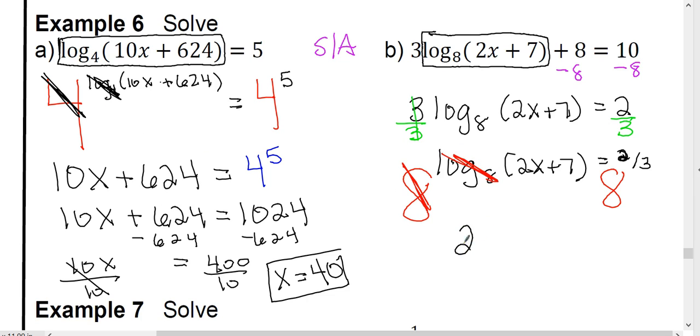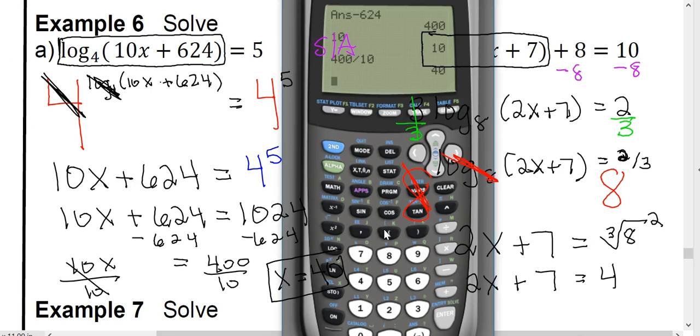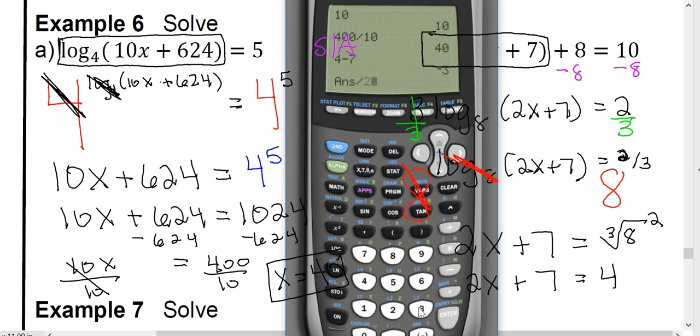And we have 2x plus 7 equals, here, once again, we run into rational exponents. So we're going to need to do the cube root of 8 squared. So the cube root of 8 is 2. 2 squared is 4. So this one I can just set equal to 4. And then just finish solving for x. So I'm going to run out of room here, so I'm just going to do it by hand. Subtract the 7 to get -3, and then divide it by 2 to get